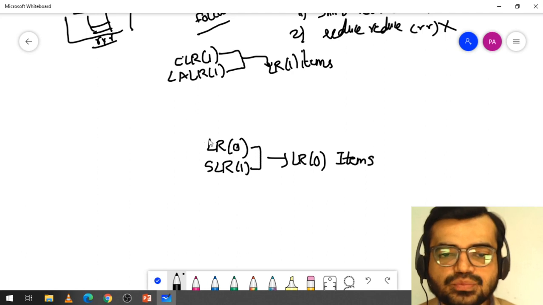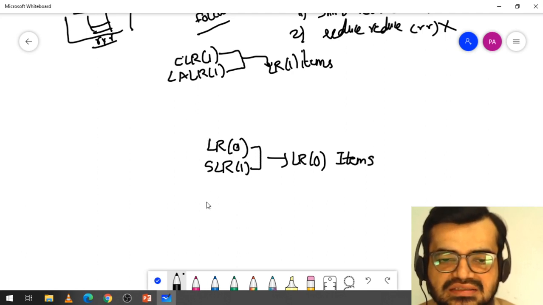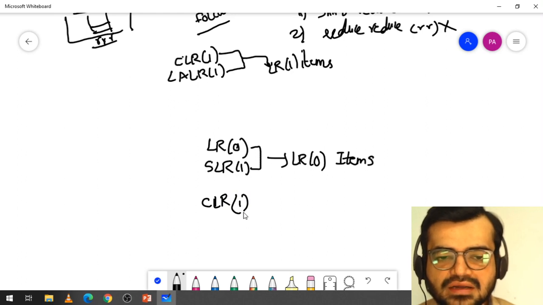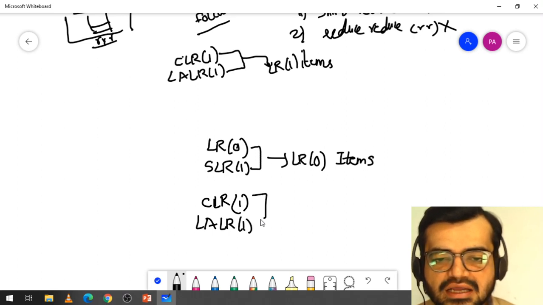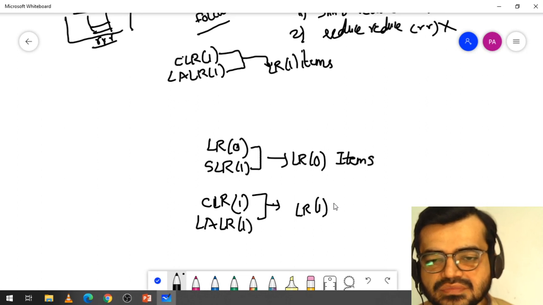The next two parsers, CLR(1), which is the canonical LR(1) parser, and LALR(1), the look-ahead LR(1) parser, are based on LR(1) items.